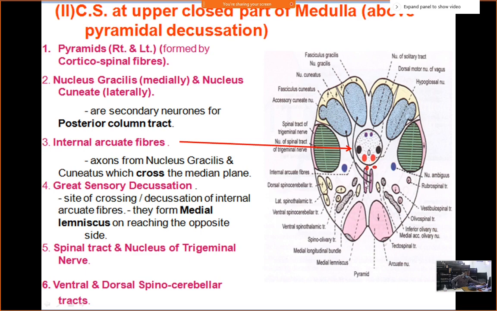If this medial lemniscus is suffered, what will happen? I will not get information from the right side. If this lemniscus is suffered due to ischemia, I will not get information from this side, because there is